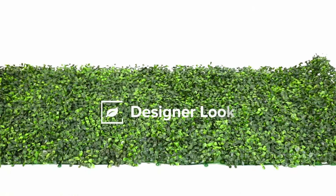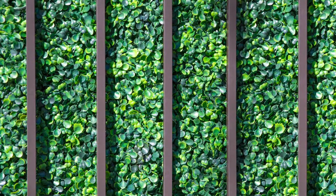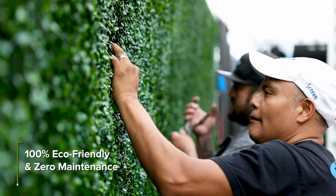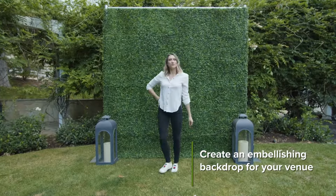Introducing our light green boxwood roll by NatraHedge. Our artificial boxwood rolls are the perfect solution for adding a natural and sustainable touch of greenery to any wall or surface. These rolls can be utilized for embellishing residential or commercial spaces such as restaurants, office buildings, patios, and